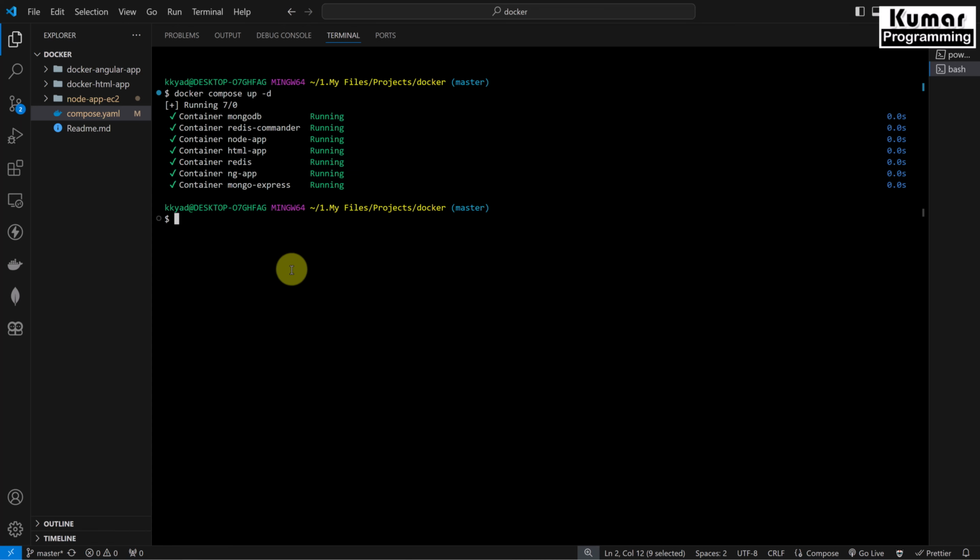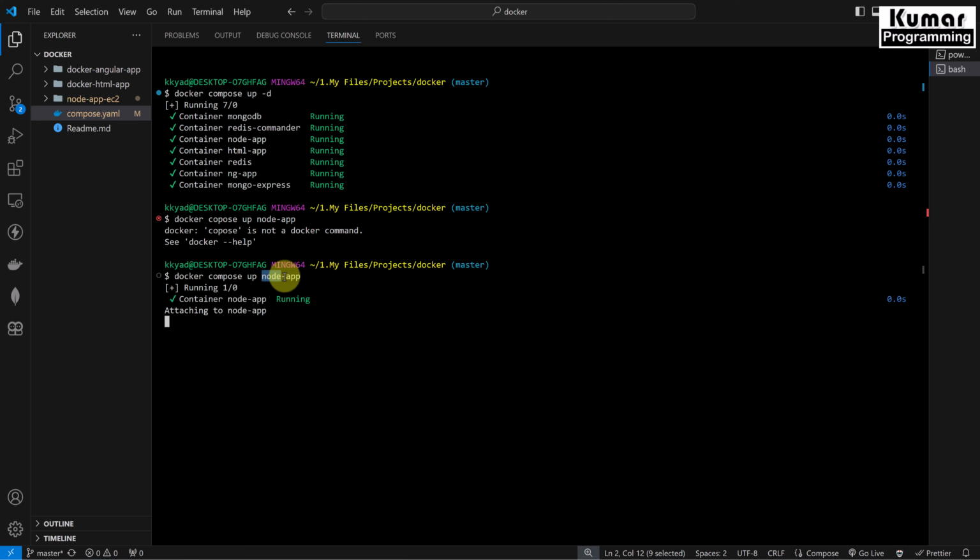And here one more important thing: if you want to run a very specific container, how can we do that? Similarly, docker compose up, and then we have to provide the service name which we want to run. So here I'll give node app, and hyphen d. If I don't give hyphen d, it would be docker compose up node-app. Now it's going to run only node app, but this is attached,